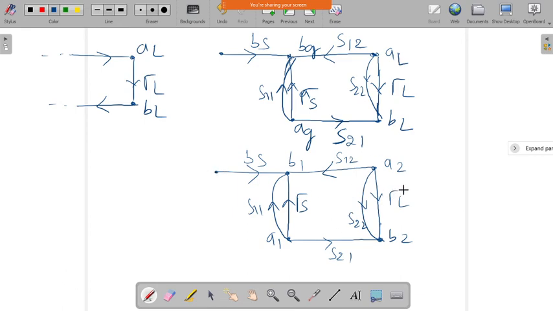Okay, is it understood? Any doubt? If you have any doubt how we can represent this, you can ask. So this is how we can represent any 2-port microwave network in terms of the generator and load side signal flow graph, or in terms of port numbers 1 and 2.